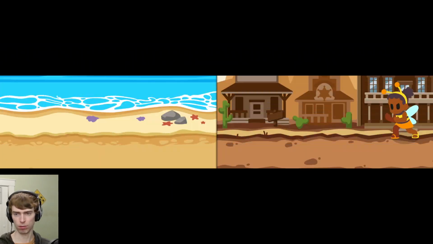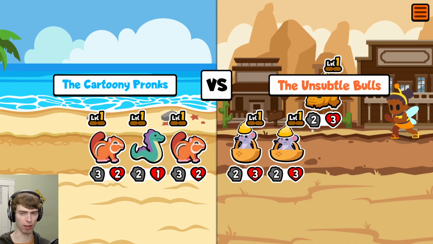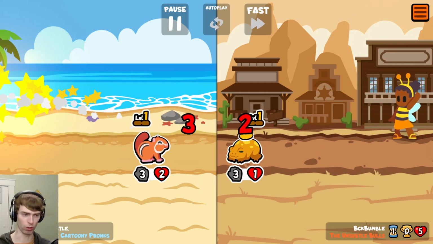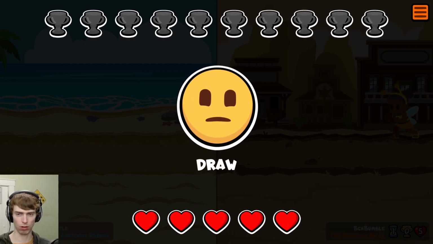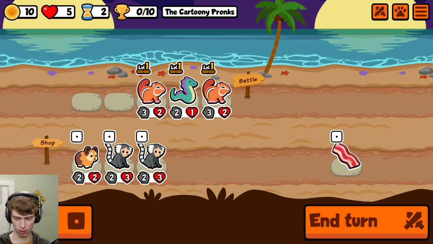Cartoony prongs. There's garlic and pineapple. There's not much real scaling. Like there's octopus, which I don't really count. There's skeleton dog, which I also don't really count. And then there's, did I say trout? Skeleton dog, trout, octopus don't really count. The only real ones are like albatross that does with, oh